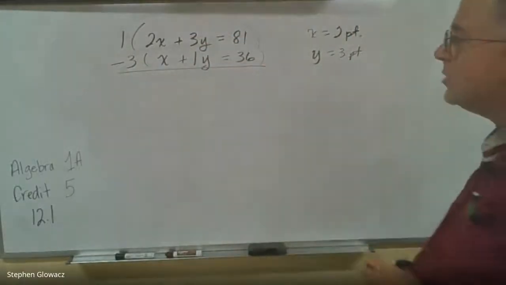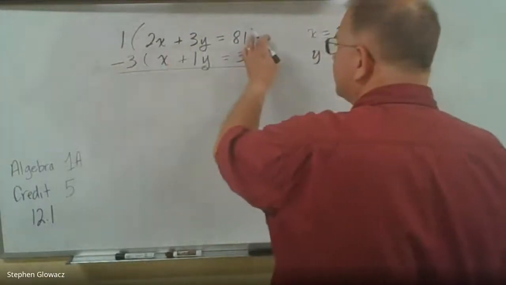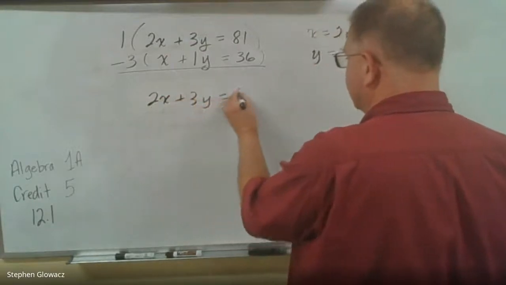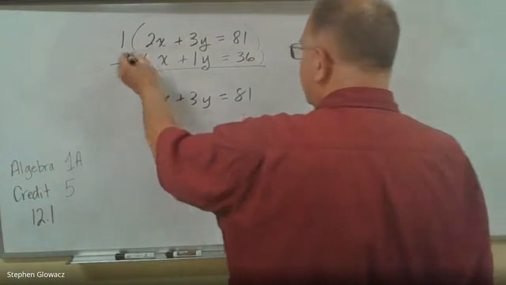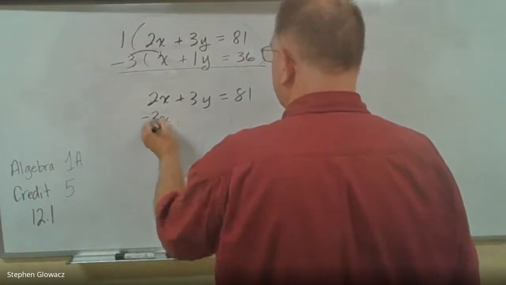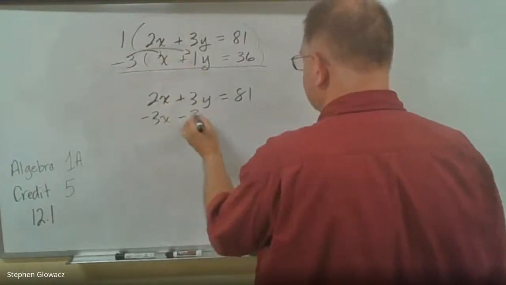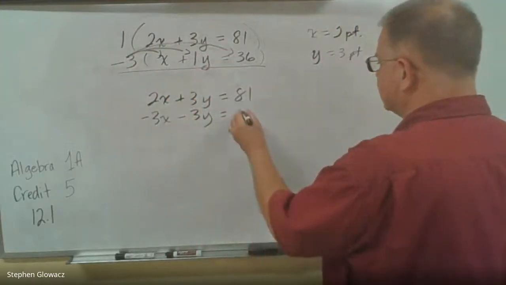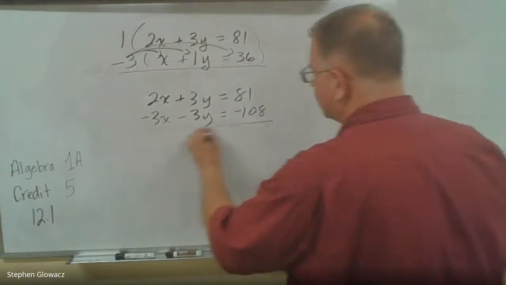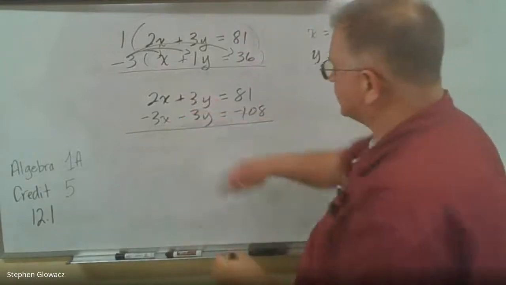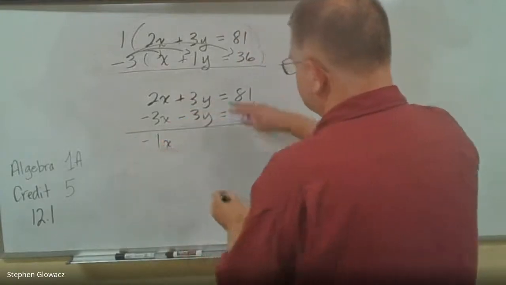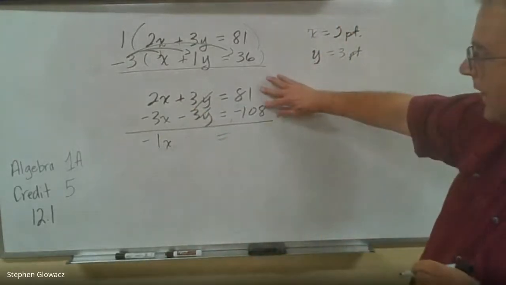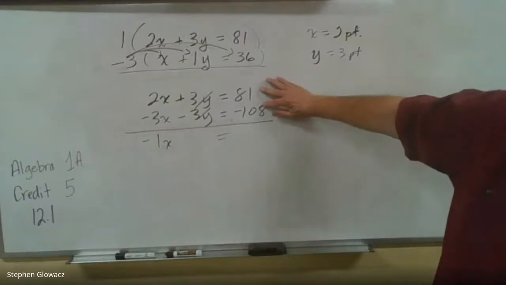All right, so multiplying through by positive 1 doesn't change anything, so we just have 2x plus 3y equals 81. Negative 3 times x is negative 3x. Negative 3 times 1 is negative 3. And negative 3 times 36 is negative 108. 2 minus 3 is negative 1x. The y's cancel out. 81 minus 108 is negative